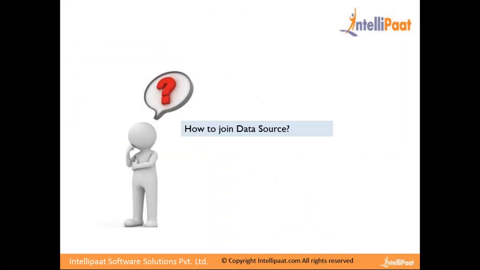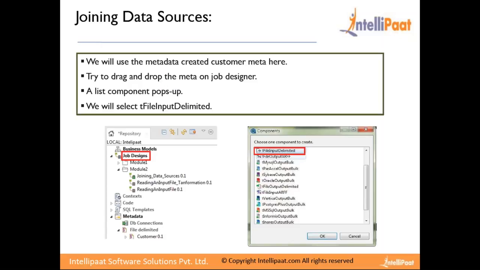Okay, so we'll move forward. Next, we'll see how to join two data sources. So joining two data sources means we will use two different data sources to get a resultant output. Okay. So here you see